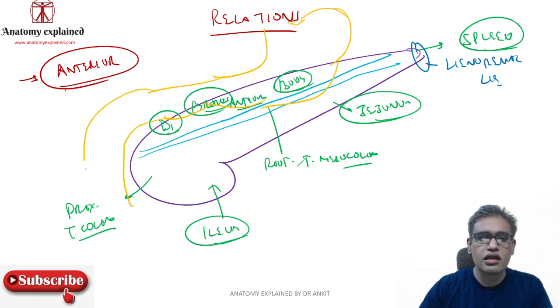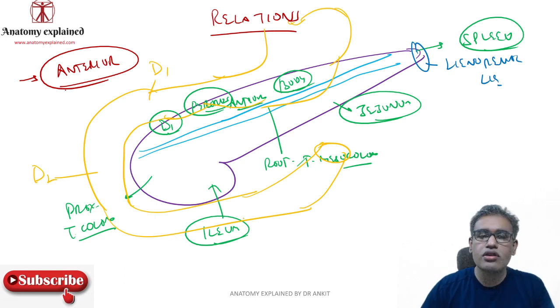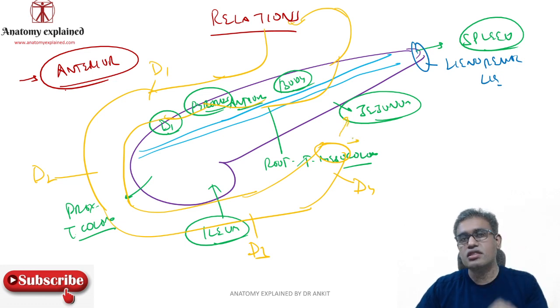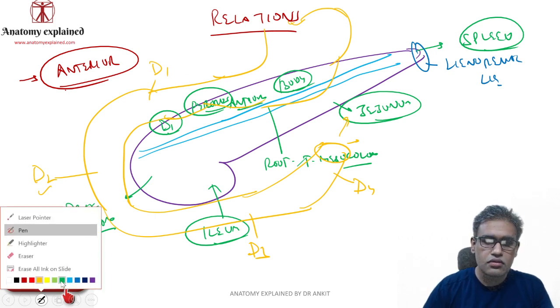Then we have the second part of duodenum, the third part, and the fourth part of duodenum. So this is our D1, first part of duodenum, D2, the descending part, D3, the third part of duodenum, D4, the fourth part of duodenum, and here the starting of the jejunum. So here we have the jejunum relation. All these parts of duodenum are retroperitoneal except this initial first part of duodenum,